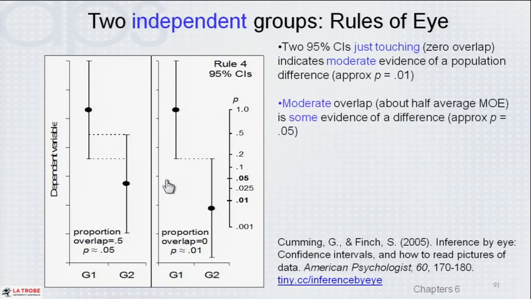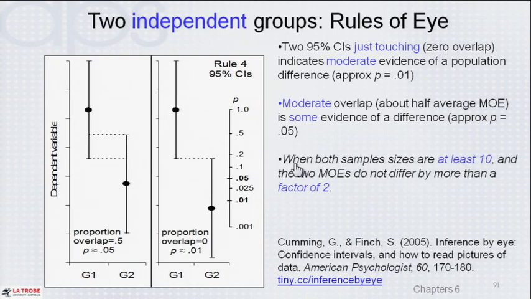But even when you have a moderate amount of overlap between these two 95% intervals, you've still got some evidence, corresponds to about p = 0.05 if you want to think in those terms, when a couple of simple conditions are met. Now if you're thinking that this amount of overlap here doesn't really seem compatible with a difference, think of